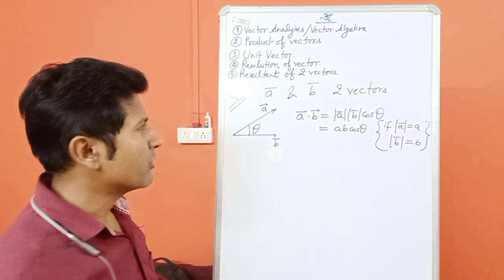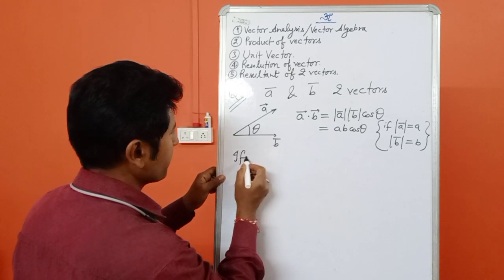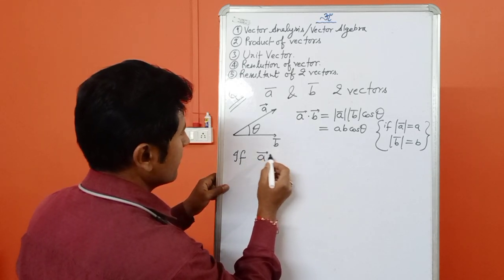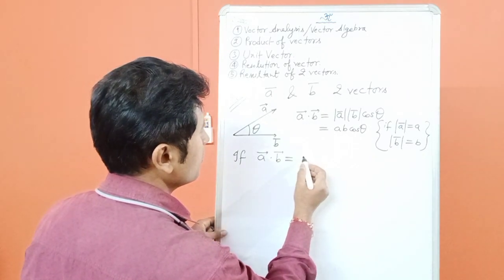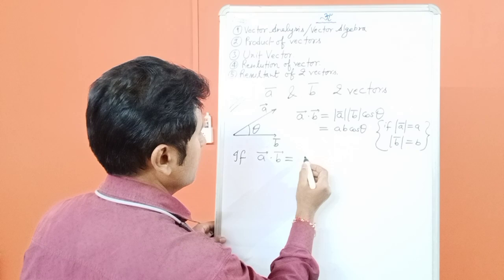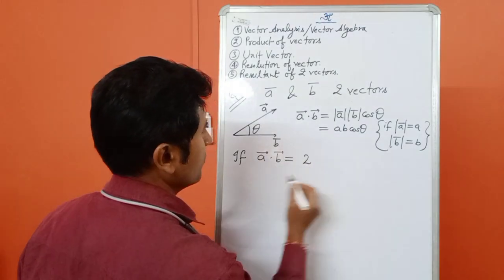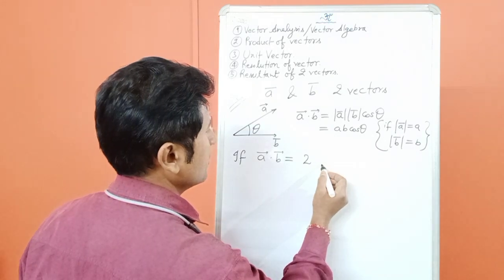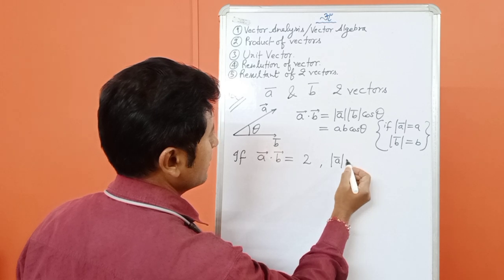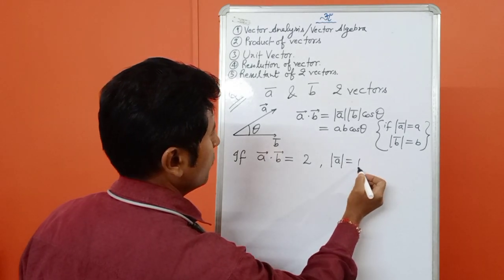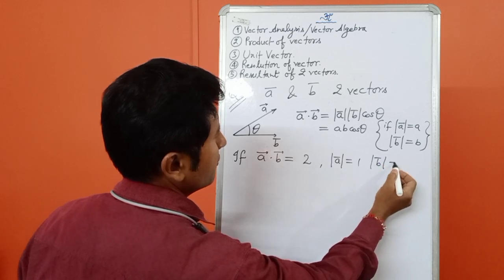Correct? Now for example, let's suppose A dot B is equal to 2, correct, and modulus of A has been given as 1 and modulus of B has been given as